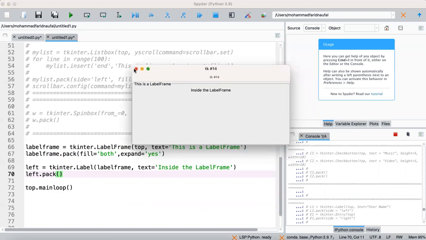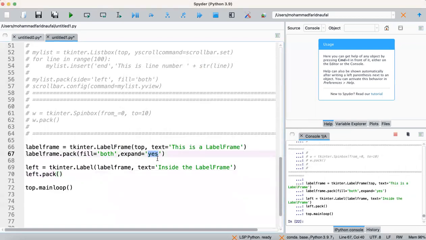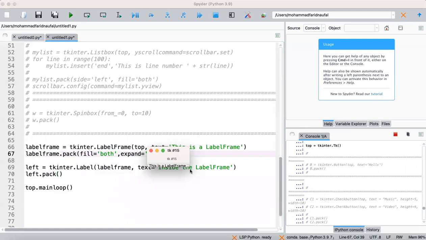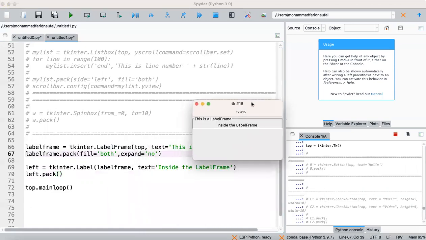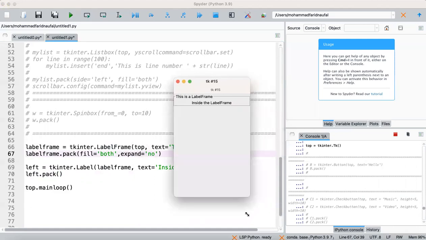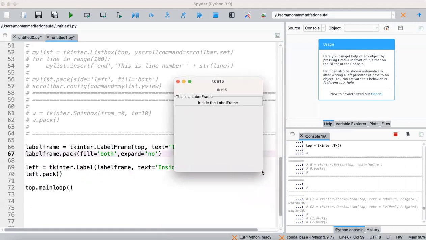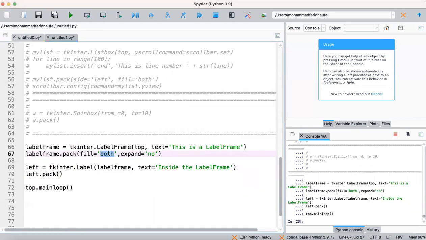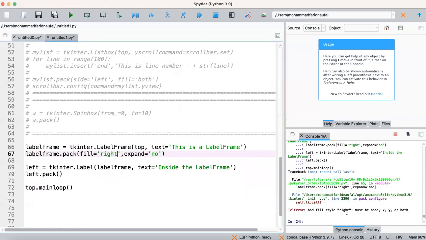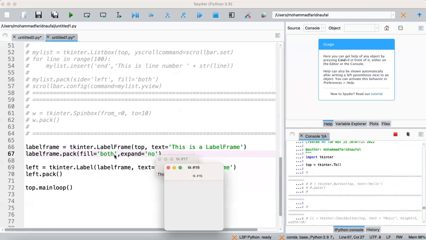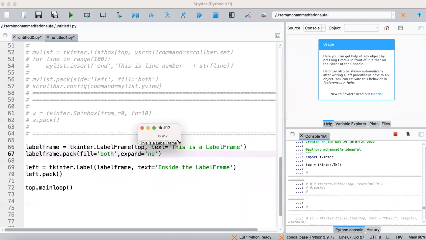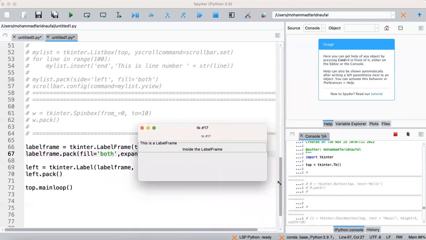Actually we can change this one to no. What will happen? Okay, so with expand no, if we change the size of our window, it will not expand vertically. If we change it into both, I think it will expand if we resize the window to the right or left.